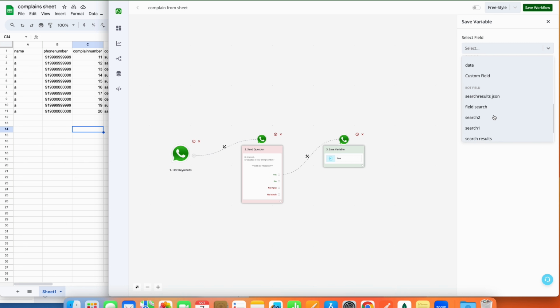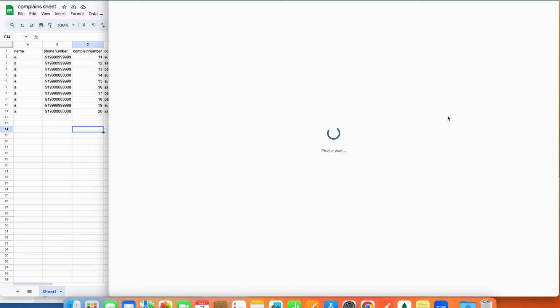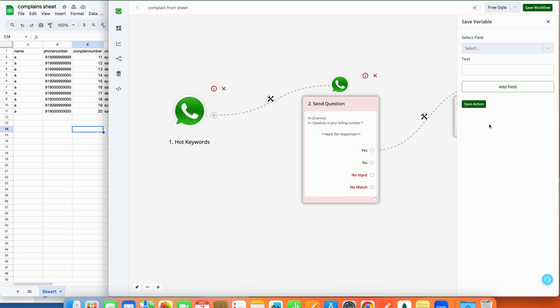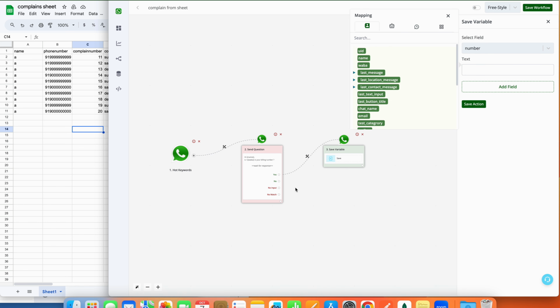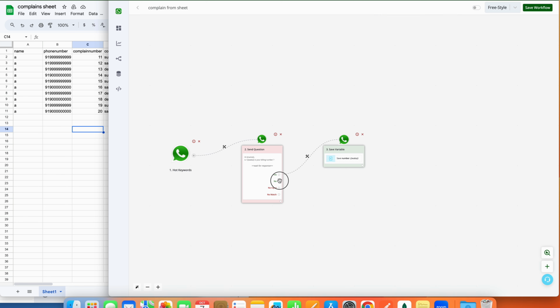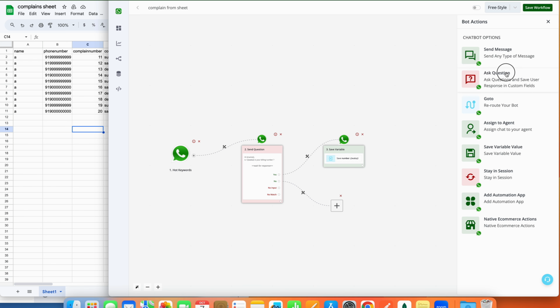Here, let me select the newly created bot field. Okay, I need to refresh the page. If you refresh during your bot field creation or after a bot field creation and you don't save the workflow, your work would be lost. So here I have the field as number. If the user says that the WhatsApp number from which he is messaging is the billing number, I am simply saving it here as the WhatsApp number, and if he clicks on no, then I'll ask the user